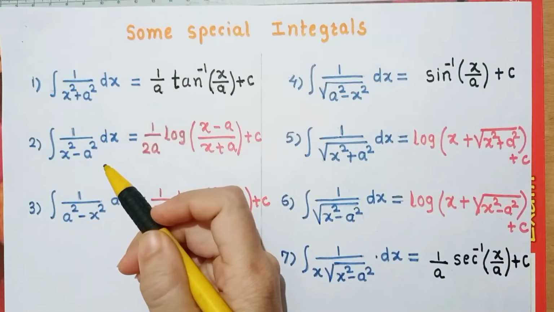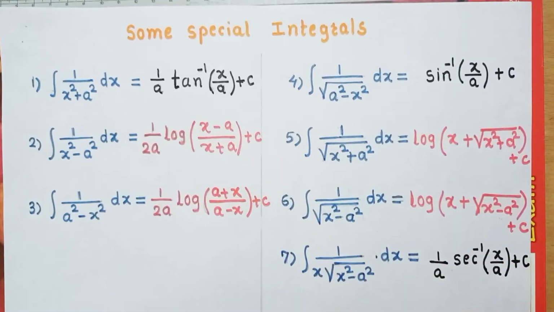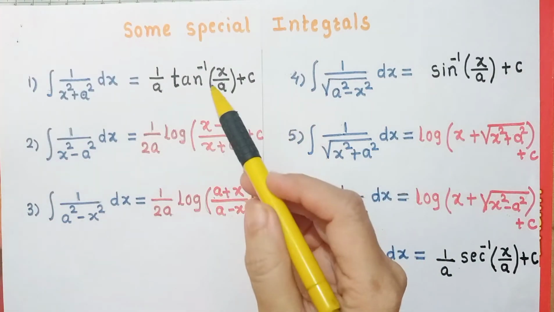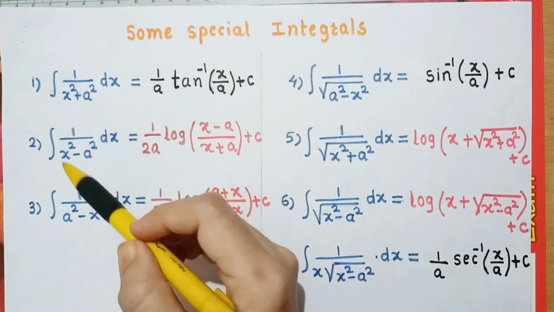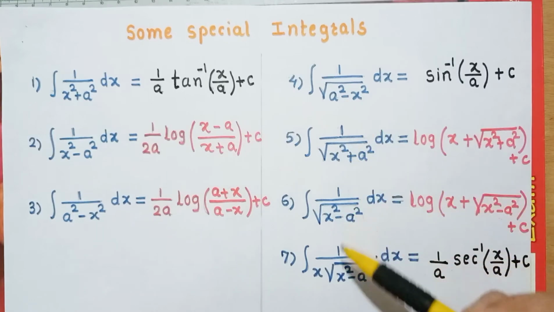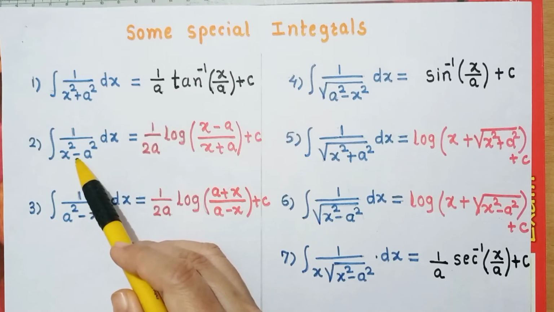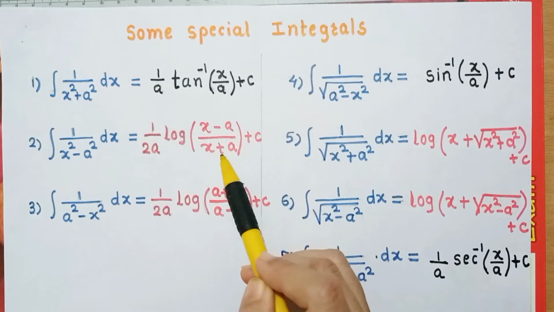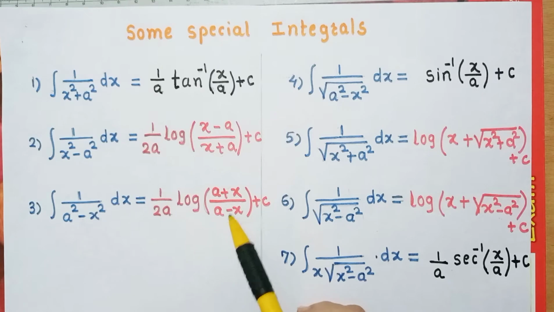Hello students, today we are going to solve examples based on these 7 formulae. In the previous lecture, we have proved all these integrals and also discussed that these 3 integrals are without root symbol and these 4 integrals are with root symbol. And again we have seen that these two are same, only you have to write this base upside and denominator with plus symbol, and here write down this base in the denominator and numerator with plus symbol.